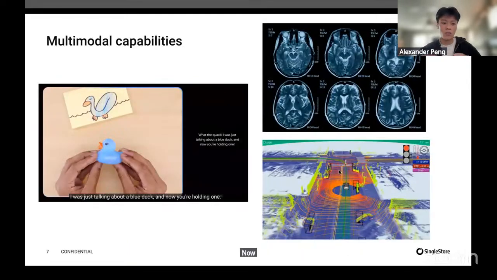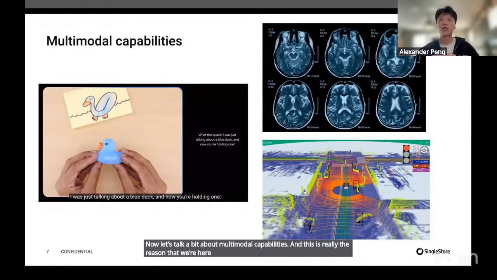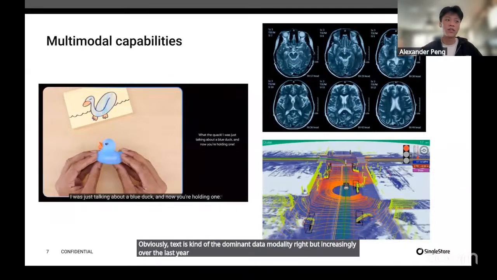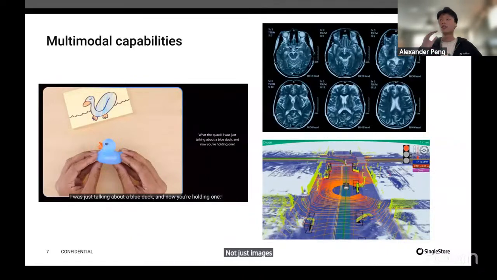Now let's talk a bit about multimodal capabilities. And this is really the reason that we're here today, right? If we've been building with LLMs for the last 2 years, obviously text is kind of the dominant data modality, right? But increasingly over the last year and even over the last few months, as we've seen the rise of agents, we see that the foundation models are being released with these new capabilities to deal with not just images, but also real-time streaming audio, real-time streaming video,